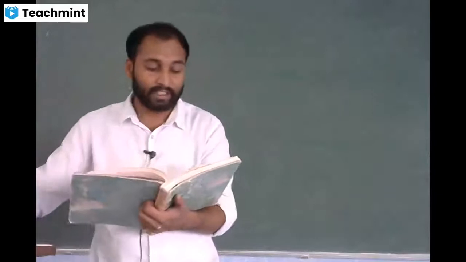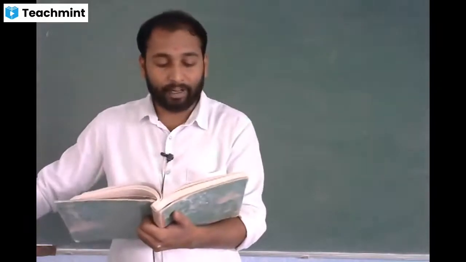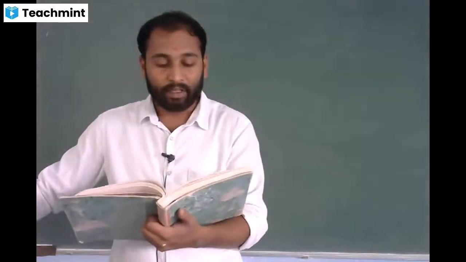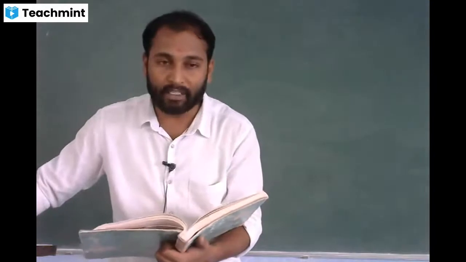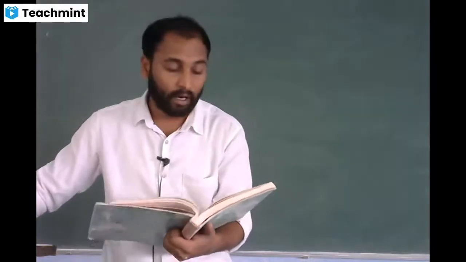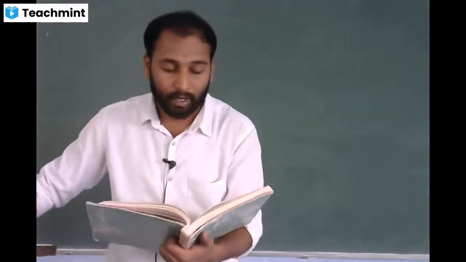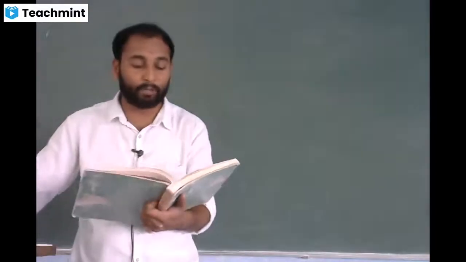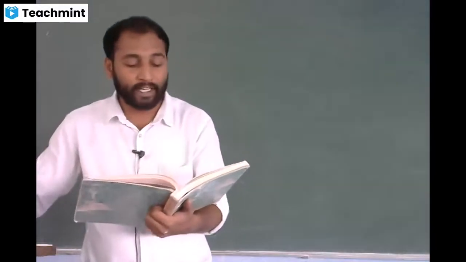Srujana Raga, answer this question. The human eye forms the image of an object at its: option A, cornea; option B, iris; option C, pupil; option D, none of this.